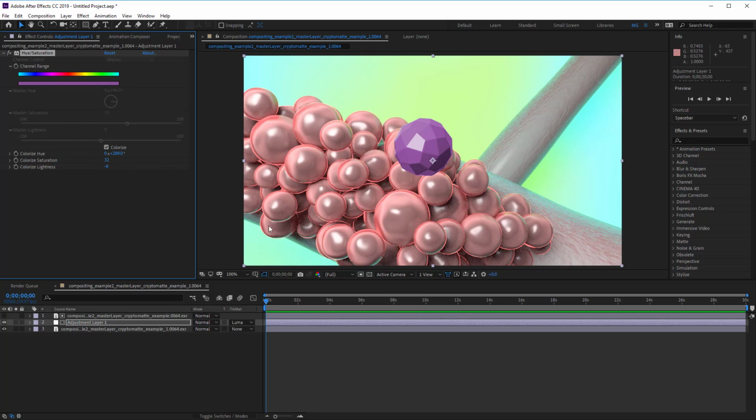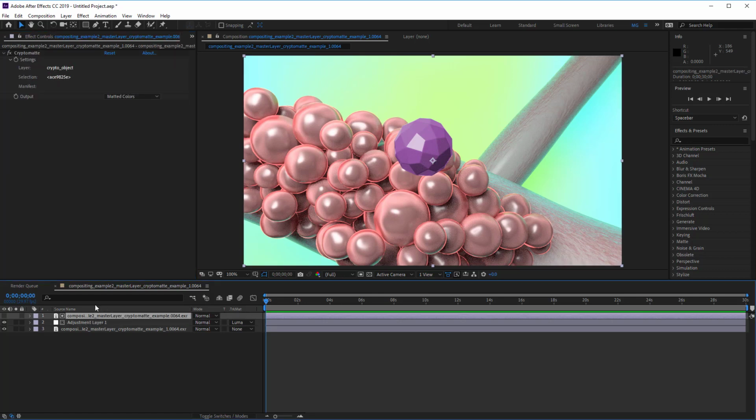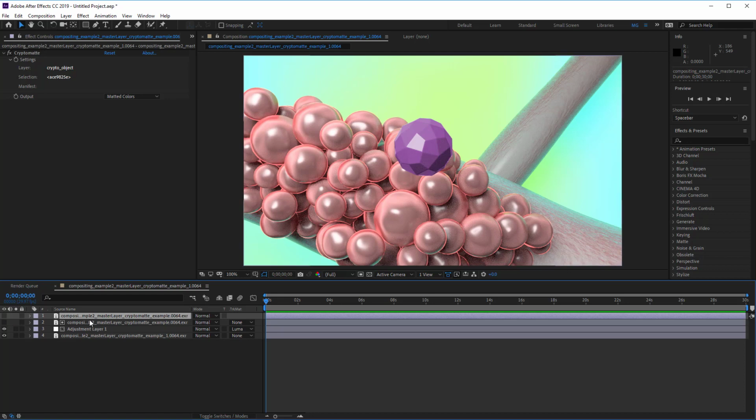Now, if we wanted to do the same thing for, let's say, these cells, we'd have to organize these probably into separate nested pre-comps, because an adjustment layer will have its effects felt on everything below it. So if I put another adjustment layer above this one with another Cryptomatte, its effects would go everywhere below. But we can do that. Let's try. So we need this Cryptomatte again. I'm just going to duplicate it. So Control D